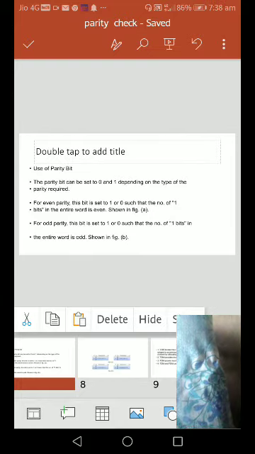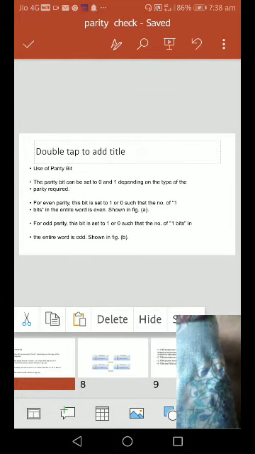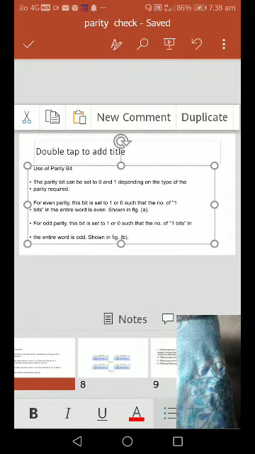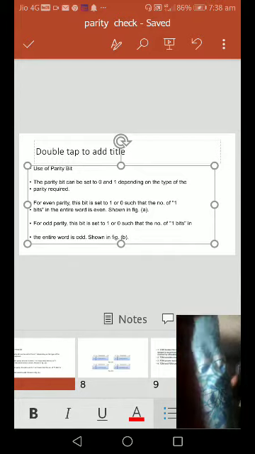Even parity. The parity bit can be set to 0 or 1 depending on the type of parity. For even parity, this bit is set to 1 or 0 such that the number of ones